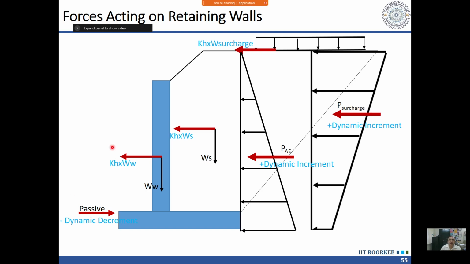Actually, what happens during an earthquake, how is the return wall or abutment going to dissipate the energy? Here the hinging is not occurring. It is different than our conventional pier or even wall, because even if we are doing this abutment, there will be return walls. Those return walls can be monolithic, and in that case hinging is not possible. And we do not want the plastic hinge to occur in the wall, because if the plastic hinge occurs there, with this lateral force continuously acting, it will fail.